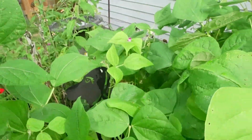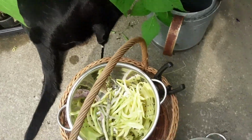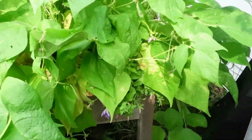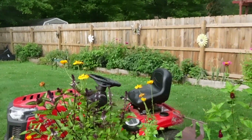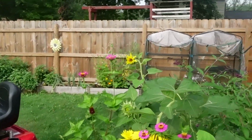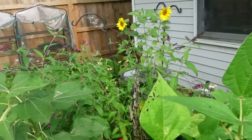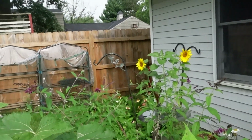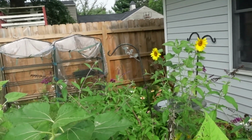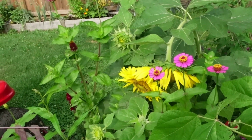I think I got, well, I don't know if I got everything out of here, but that's what I picked so far. But I'm going to take you back by the trellis with the other beans, but here's what's going on over in here. The butterfly bush really didn't do all that well this year for some reason. I have to go ahead and cut off all the dead blooms and get that going again. But I have some beautiful sunflowers,